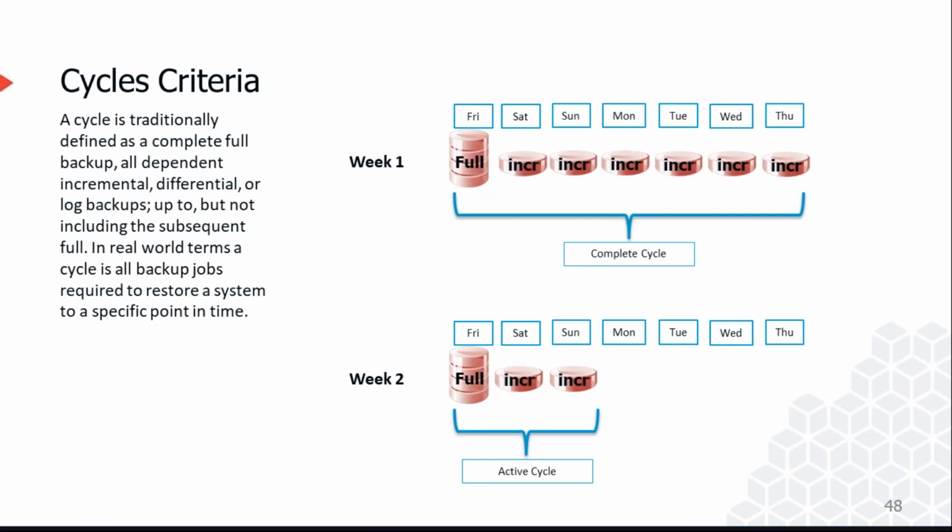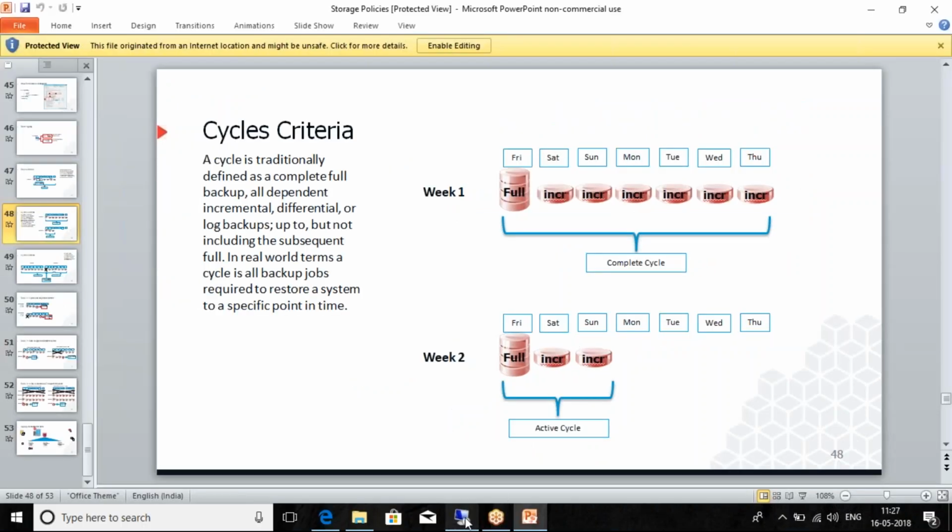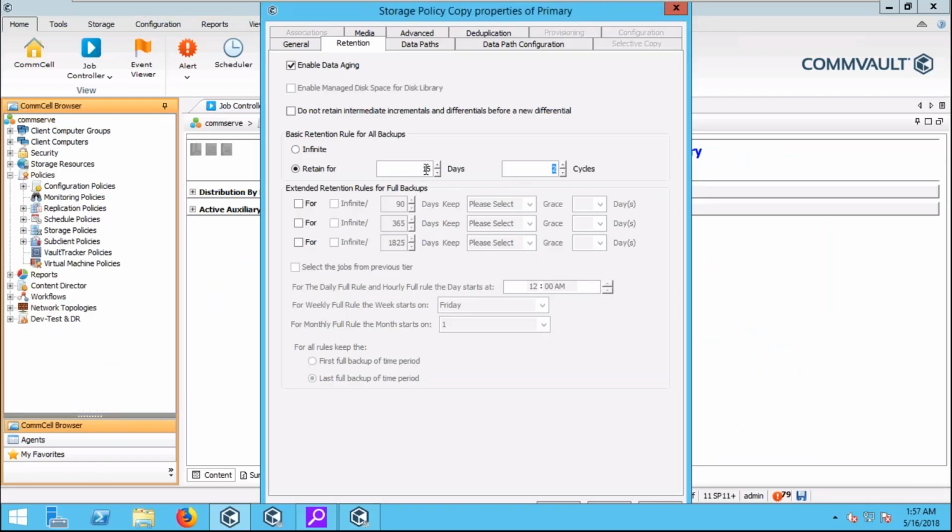See, one criterion you have defined in terms of number of days, right? So you have set the number of days equal to 15, that for which you want to retain the data. Now you have mentioned two cycles. Let's suppose after calculating in this infrastructure, the two cycles is equal to 14 days. So if cycles is equal to 14 days and days retention is equal to 15 days, both should be satisfied, so on the 16th day